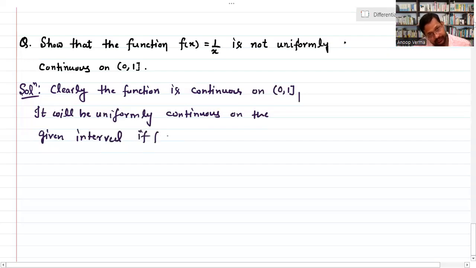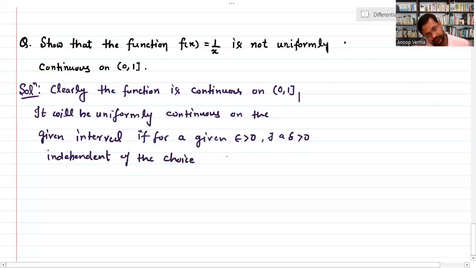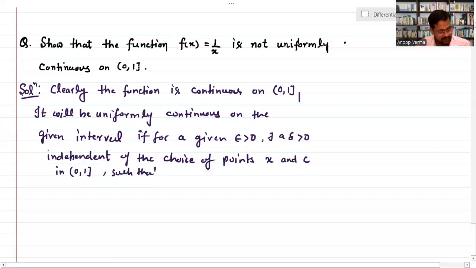if for a given epsilon positive there exists a delta positive independent of choice of point, this condition is to be 1 upon x minus 1 upon c less than epsilon, when this is the definition for the UC, ये हमें प्रूव करना है।